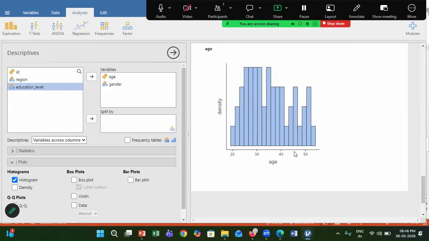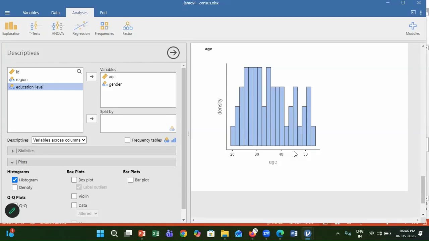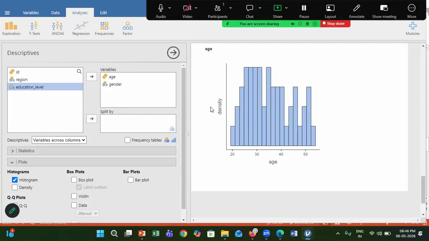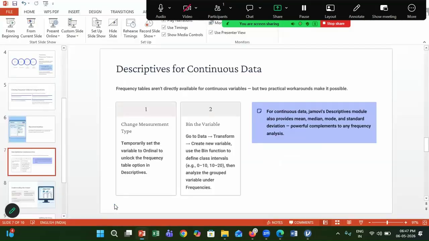In Jamovi, frequency distribution can be obtained either as exact count for categorical variables or as a grouped visual summary using histogram for continuous data, or converting your continuous data to ordinal, or converting into bins, you can obtain the frequency distribution table. I will move back to my presentation.